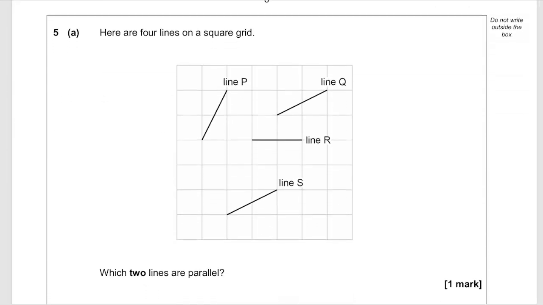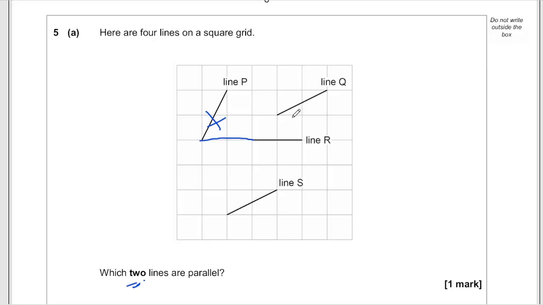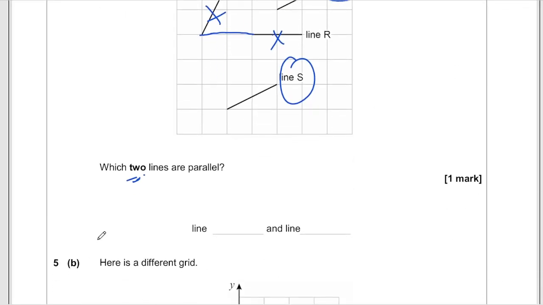Here are 4 lines on a square grid. Which 2 lines are parallel? So they're never going to meet. But if we put these 2 lines together, that's going to meet straight away, so it's not those 2. Q would come down and eventually meet with this one. S would come down and meet with this one, so it's definitely not that. That would meet with that one, so it's not that one. So it's Q and S. So parallel, if we extended those lines on, you would see that those 2 lines will never meet. So Q